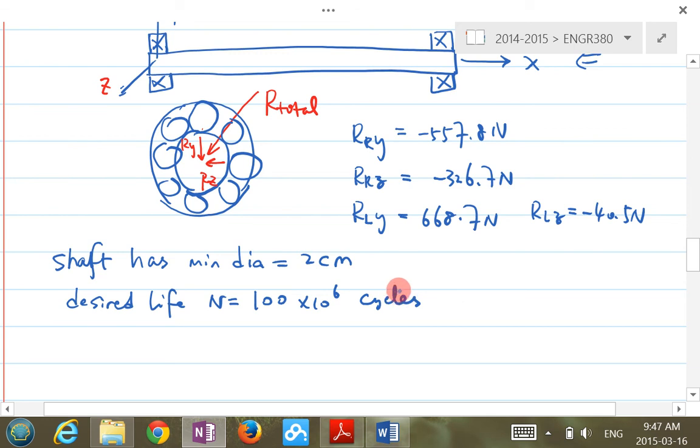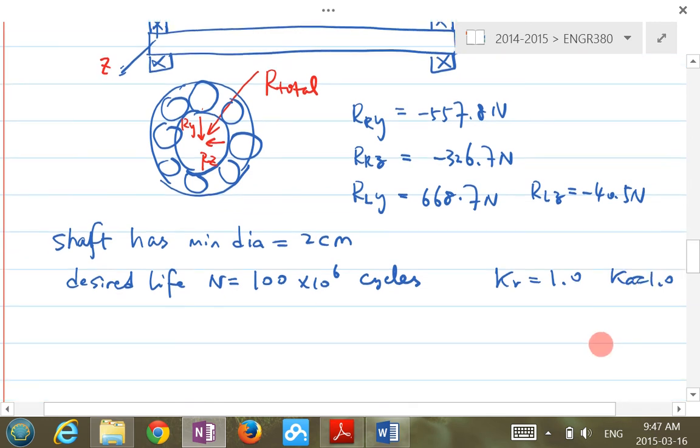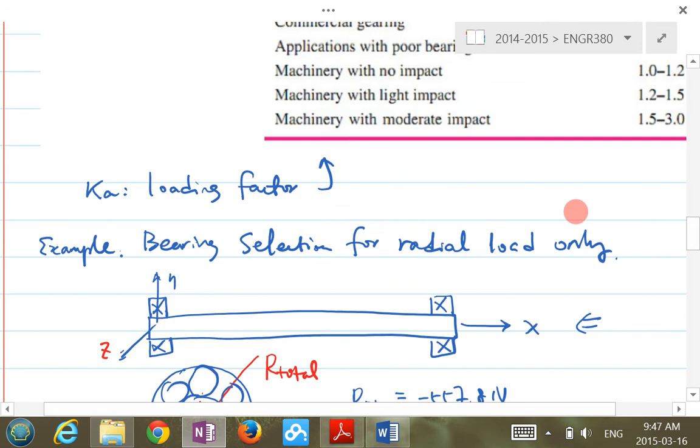For reliability, let's say at this stage we assume KR is 1.0, so we're selecting for 90% reliability. For the loading condition, let's say we select 1.0, so ideal loading condition. So what do we do from then, if we look at our equation in here,